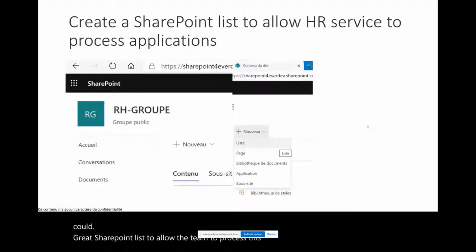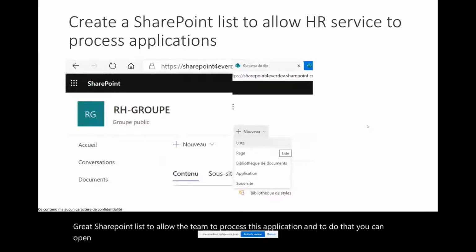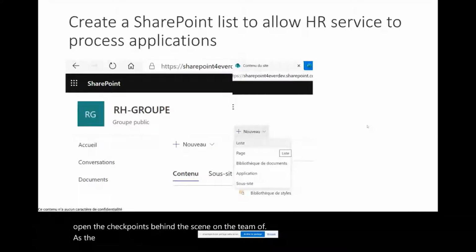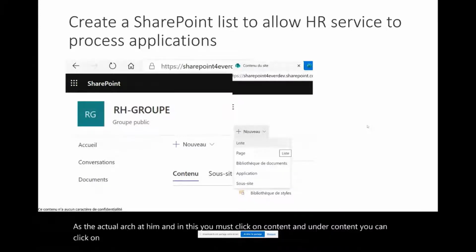To do that, you can open the SharePoint behind the scenes of the HR team. In it, you must click on Content. In the content, you can click on the New menu and choose List to create a new list.